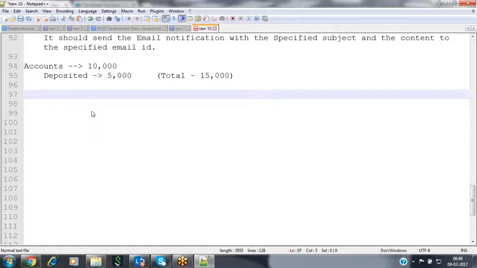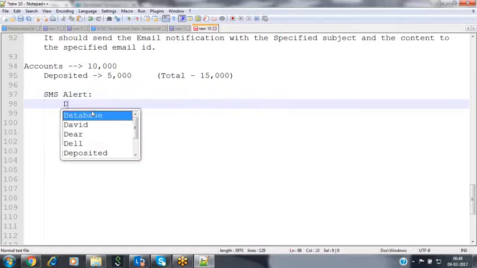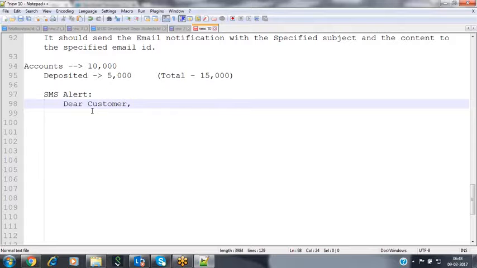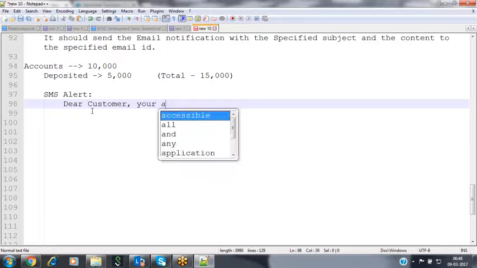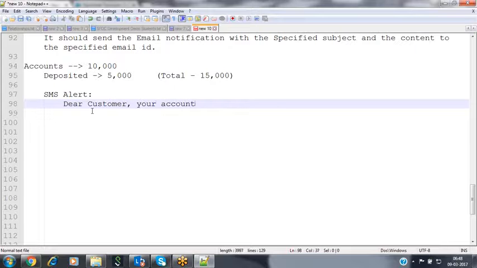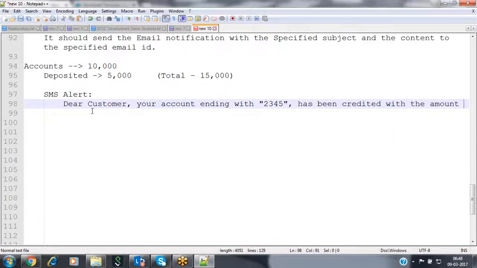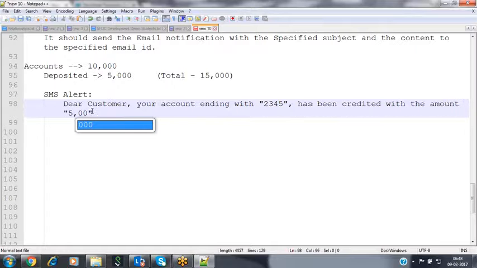You will be getting an SMS alert like: Dear customer, your account ending with 2334 has been credited with the amount 5,000.